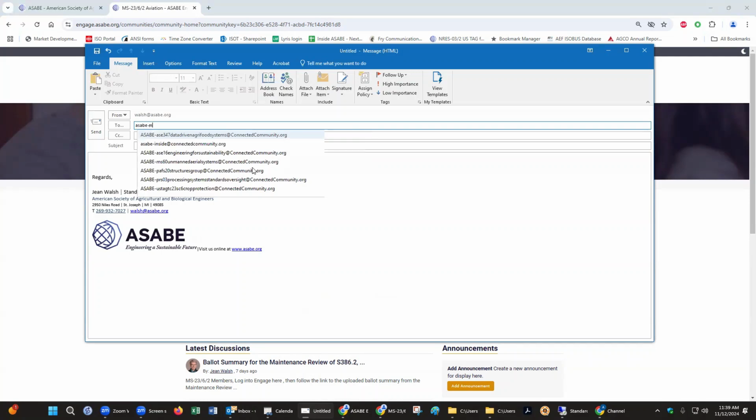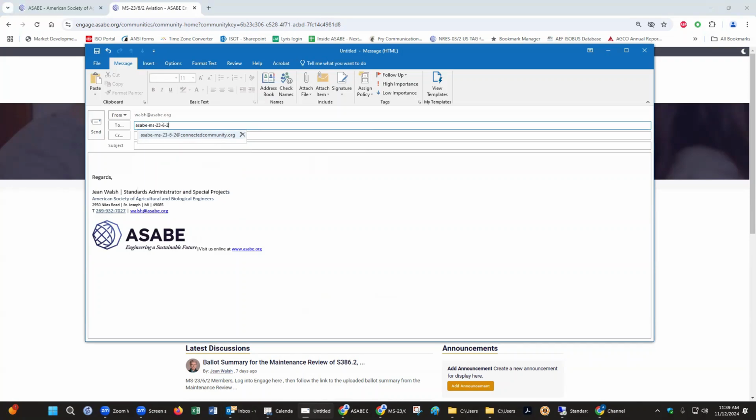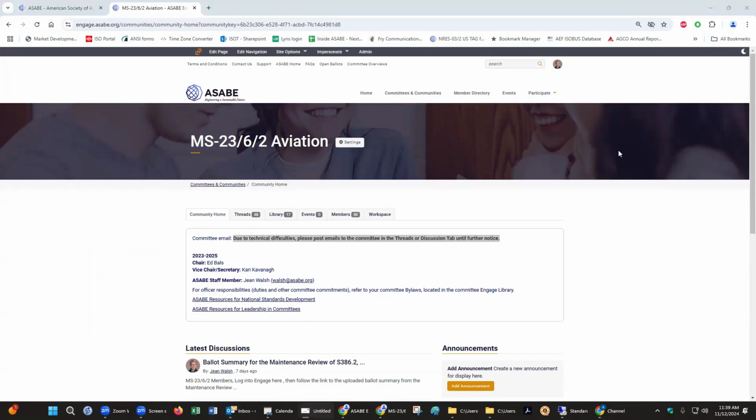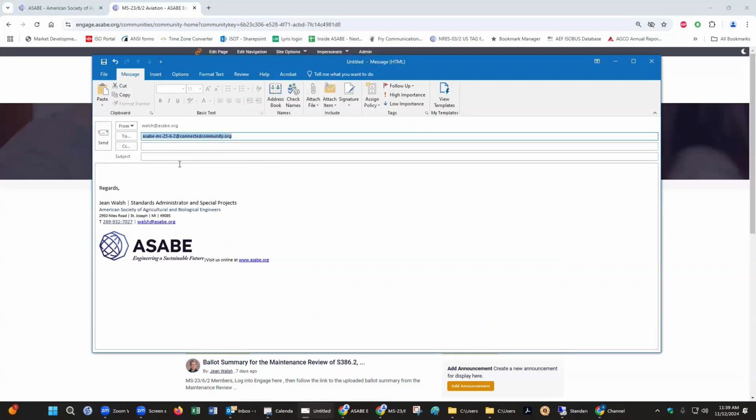There's a formula here, MS-23-6-2 at connectedcommunity.org. So that's going to be the default email address that you will find in this space once we have the problem corrected. And if you do that in your normal email system, your platform, you can send out your email. You see, I already have my default